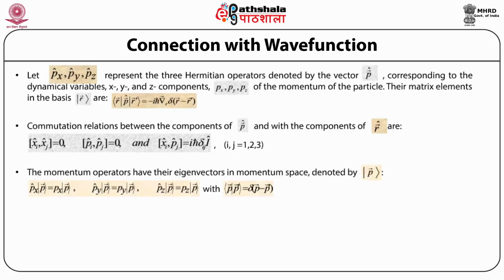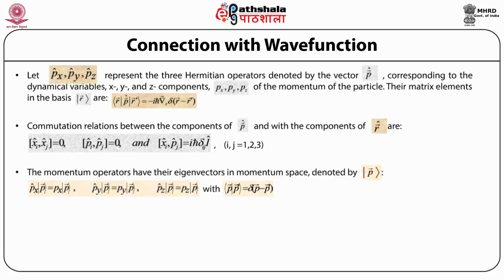So their matrix element in the space basis, or in the basis of the ket vector r, is given by the expectation value of the operator p, or the vector p. So we write the expectation value as bra vector r, vector p, ket vector r prime, and this turns out to be equal to minus iota times h cross del operator r, delta function of vector r minus vector r prime, where h cross is equal to h by 2 pi, and h is the Planck's constant, and the del